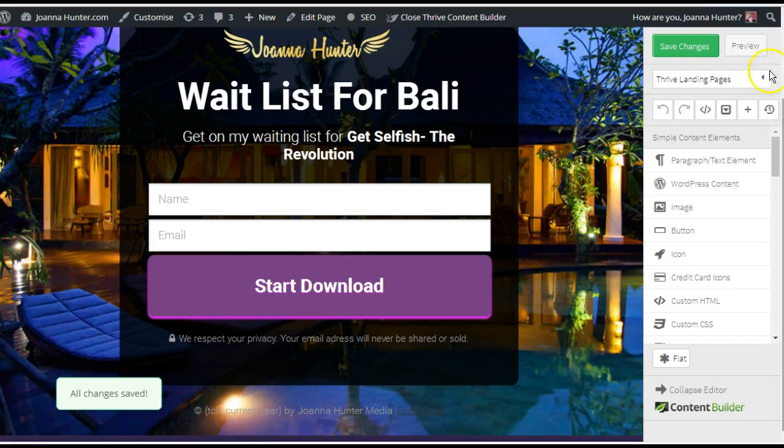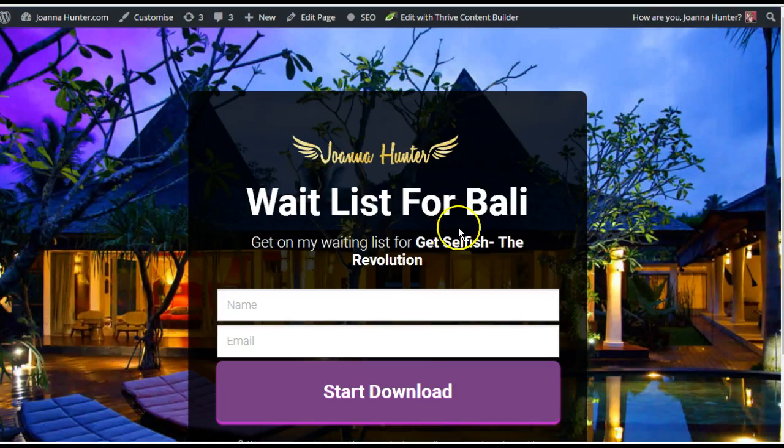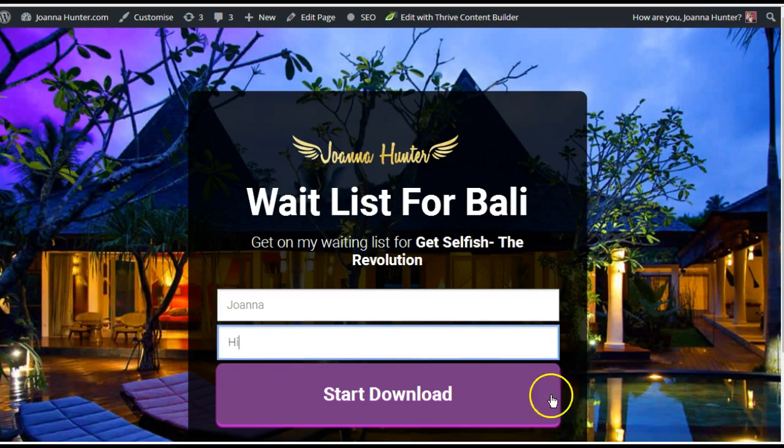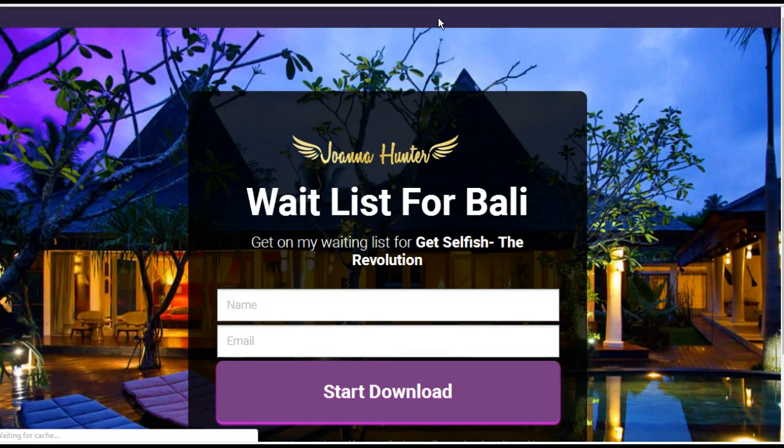and voila, page done. And if I hit preview now, you can see exactly what this page looks like, and it is ready for you just to fill in your doodahs. And you can start the download, or you can change that button as well. I've written start download. Obviously there is an option for me to change that as well. I didn't notice it said start download, but that way I can change that to add me to waitlist or whatever. It's super easy. If I wish to do that, all I need to do is go with edit with Thrive Content Builder again,